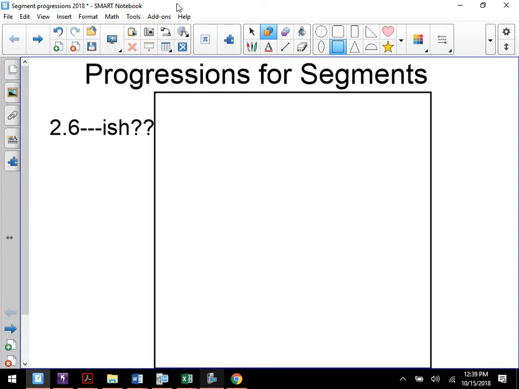According to your progression sheets, you guys know how to switch things between equal and congruent. You know what to look for as far as vertical angles, and what we call a reflexive side, something that's shared. So today we're going to add about three or so to these things. For example, if you are given a midpoint,